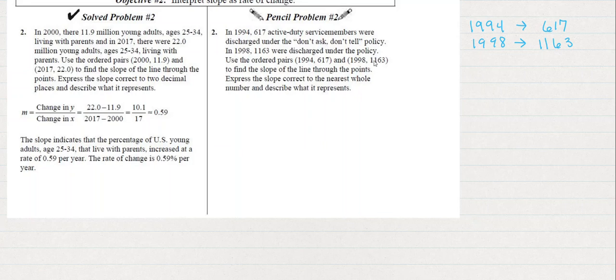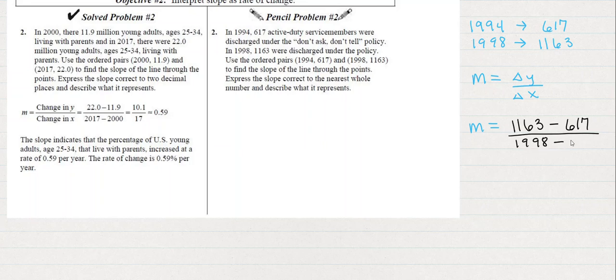So we have our x and our y. Use this ordered pair to find the slope of the line through the points. Express the slope correct to the nearest whole number and describe what it represents. So if we use m equals the change in y over the change in x, we're going to have m equals 1163, that's the y2, it's what we increased to, minus 617, the y1, divided by